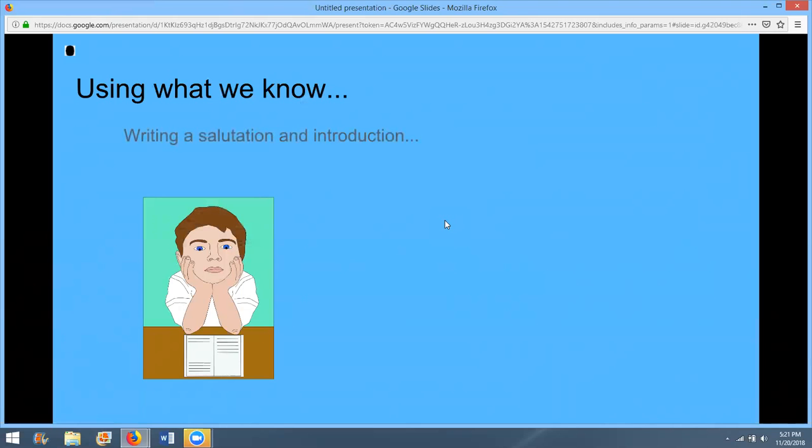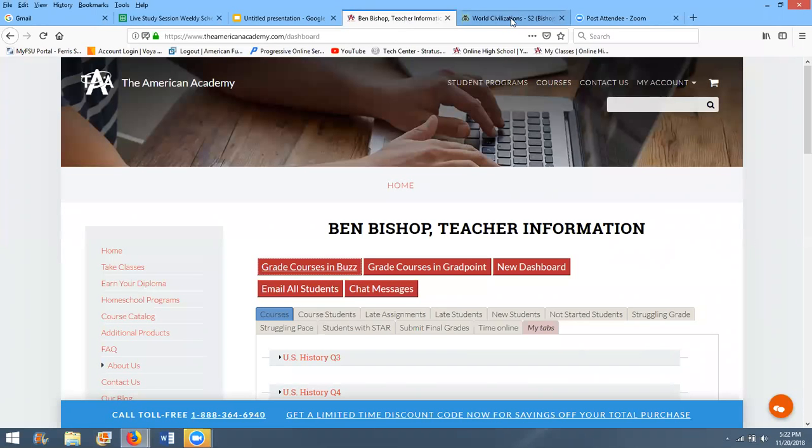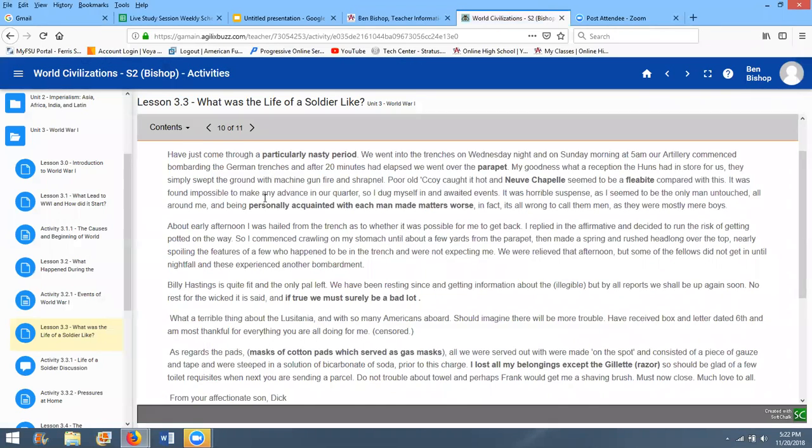So using what we know, just off of this quick little introduction to trench warfare and why they had to be in a trench, we're going to use that to start this letter. So let's take a look at real examples. So I'm going to actually get onto Buzz, and we're going to take a look at where are we at? There it is. Okay, so